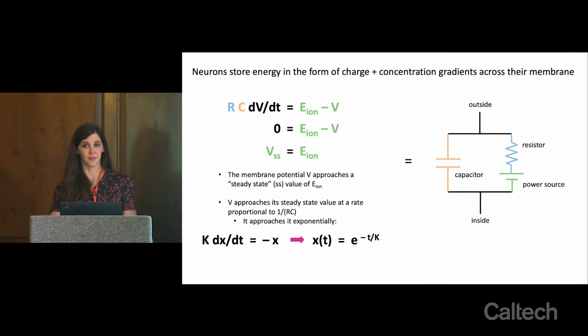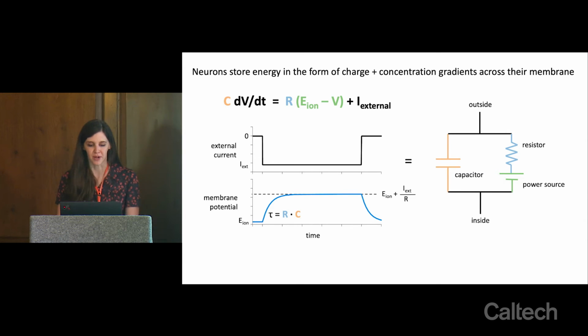We also can tell from this differential equation that it's going to approach it exponentially. This is just something that we know from differential equations, that if you have an equation of the form dx/dt equals some function of x, then a solution to this differential equation is that x of t decays exponentially to its steady state solution. You can derive this, but I decided to just skip over it here and focus on this magical fact that if you start out at any arbitrary condition, you will exponentially decay down towards your Nernst potential.